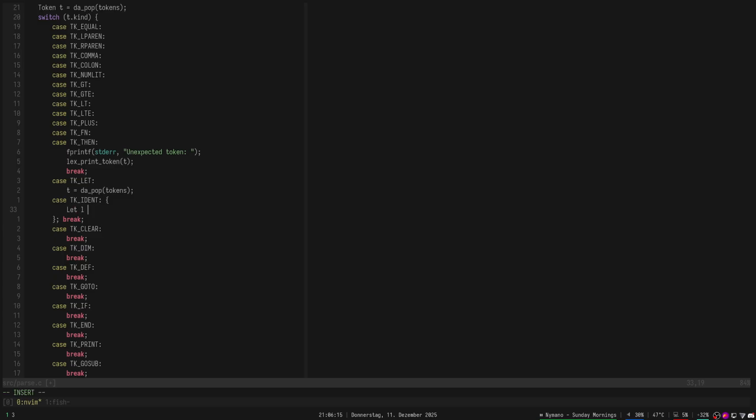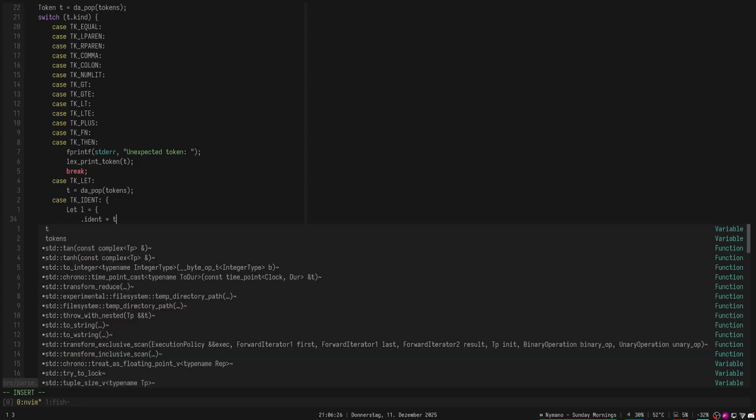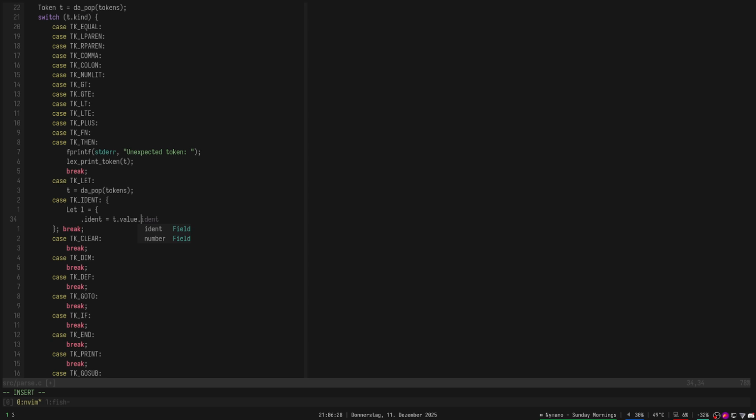So let is going to have ident, which is going to be, what? T dot value dot ident. And then expression. So it's a little bit interesting because expressions, since they're so simple,